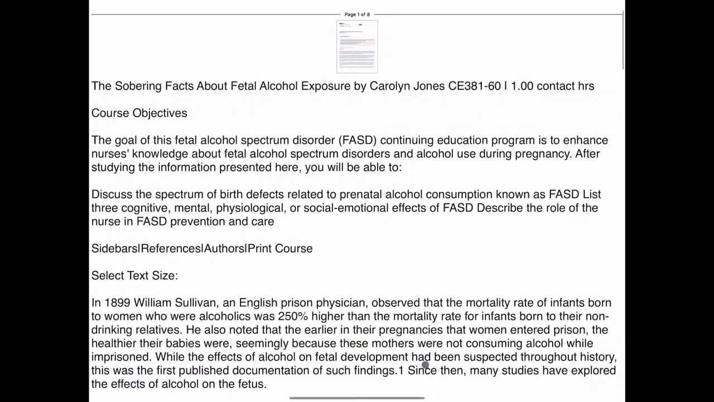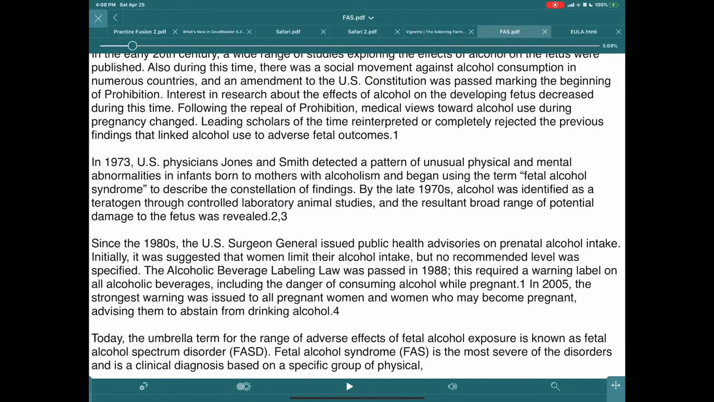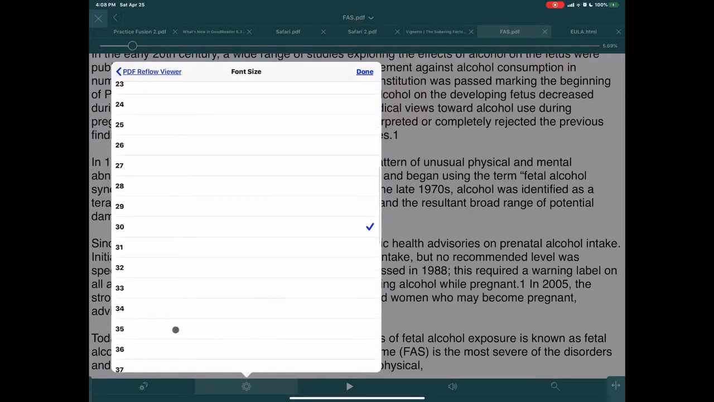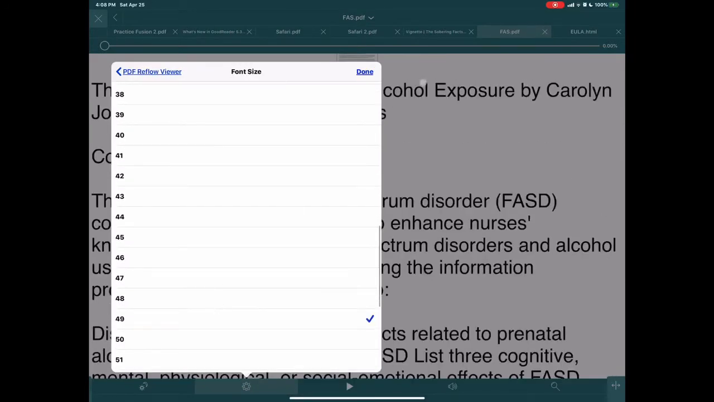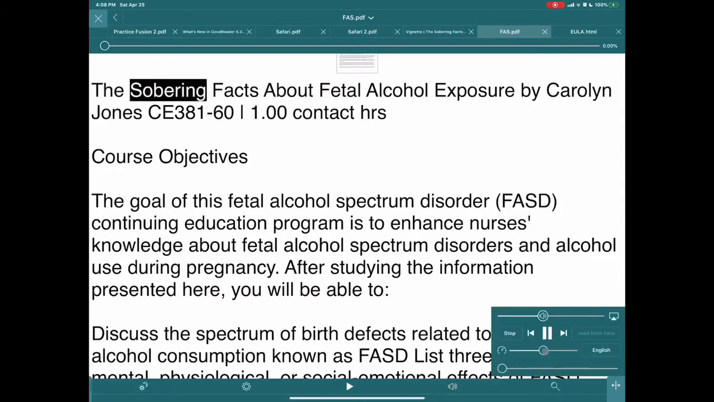And over here, what you can do is also change the font and then the font size. Okay, as you guys can see, I've made the text a lot bigger. And you can also have it read it out to you. The sobering facts about fetal alcohol